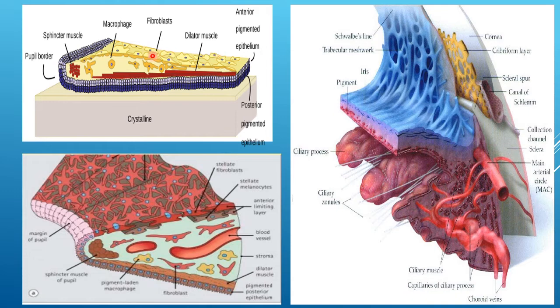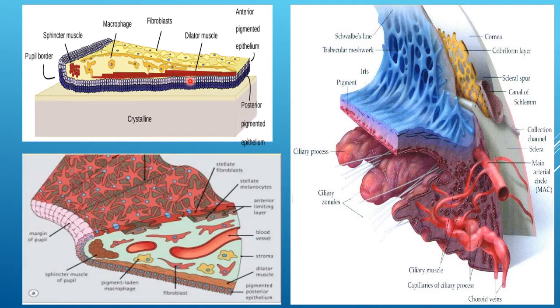Next was the ciliary stroma here, which has the ciliary muscles, and you have seen the sphincter pupillae muscle, which is more closely arranged and concentrated towards the pupil. It is innervated by parasympathetic nerves. So these are the muscles responsible for the constriction of the pupil. These are the sphincter pupillae muscles.